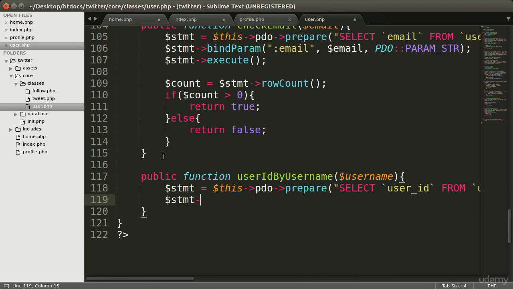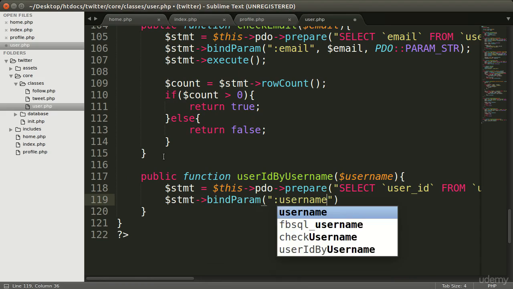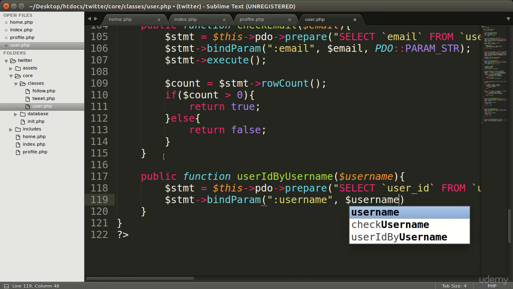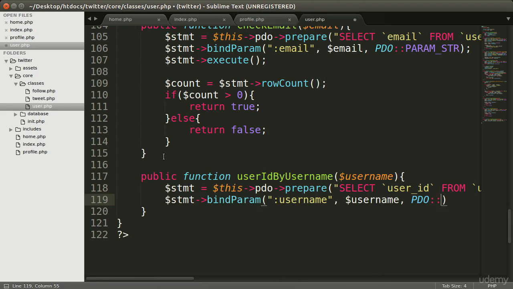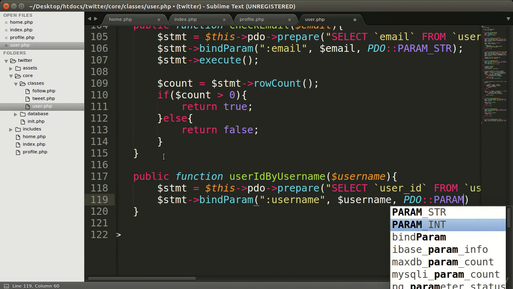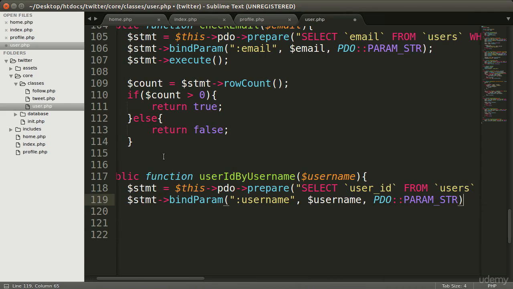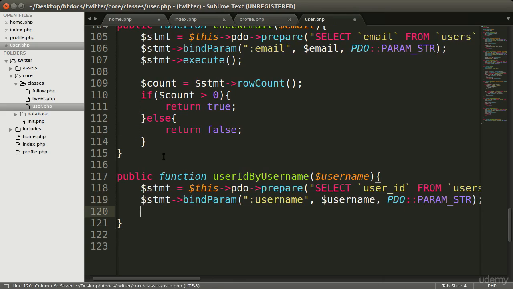So statement bindParam, and here will be your :username placeholder and the username variable. Data will be string data, so PDO::PARAM_STR for string data. Now to execute the query, so statement execute,